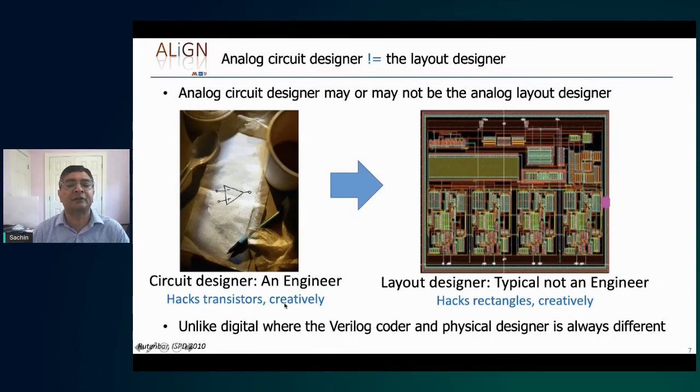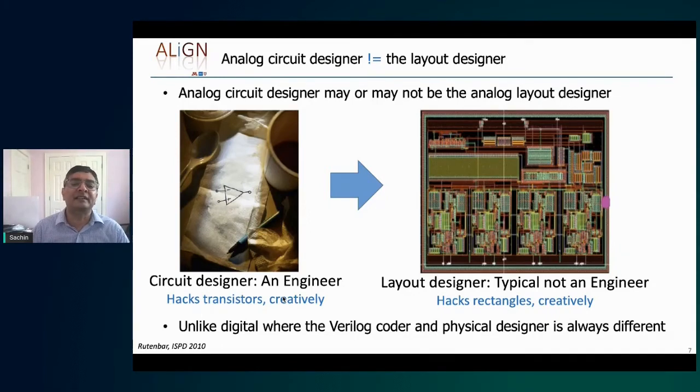So the circuit designer would typically look at the circuit at the transistor level. So they would take, say, a SPICE netlist, they would optimize it, or they would optimize the topology of the amplifier and perform some kind of circuit level optimization. And then after that, they typically hand it off to a layout engineer. And the layout engineer is typically not a conventional engineer. They really are very good at placing rectangles and trying to build the chip according to the specifications.